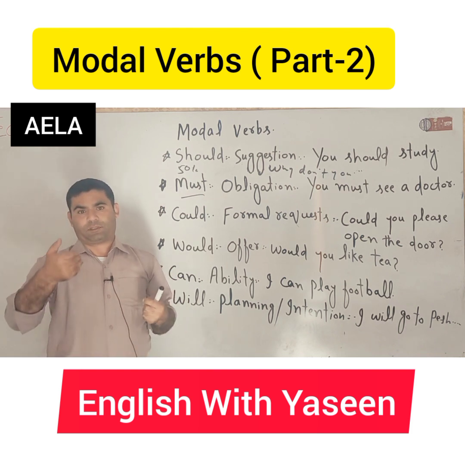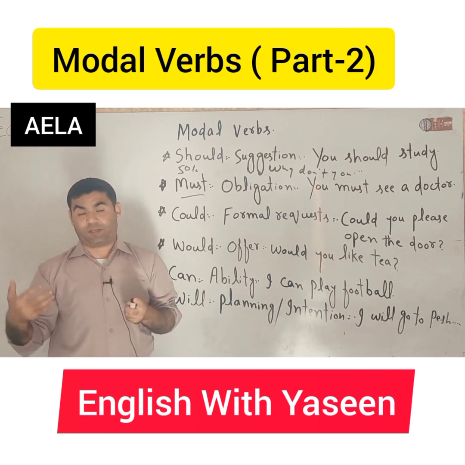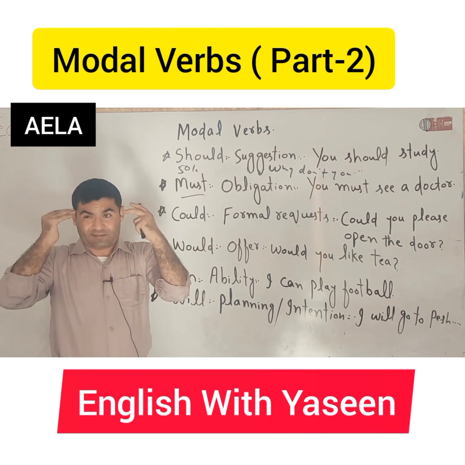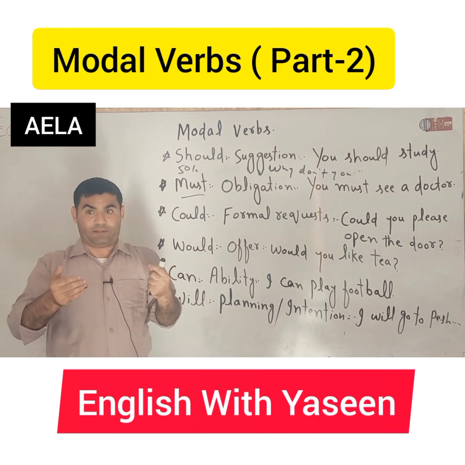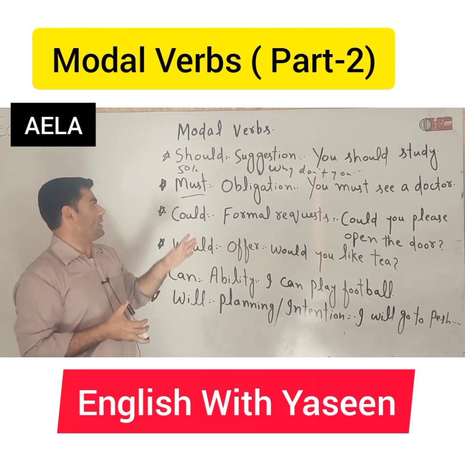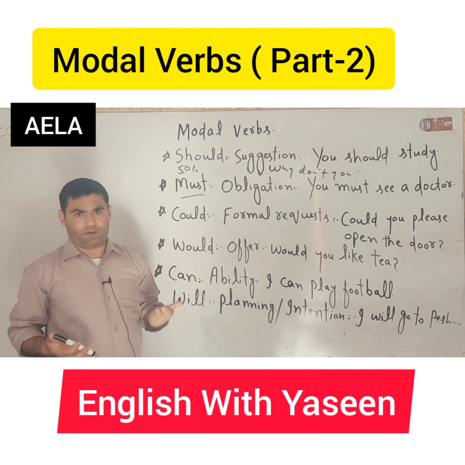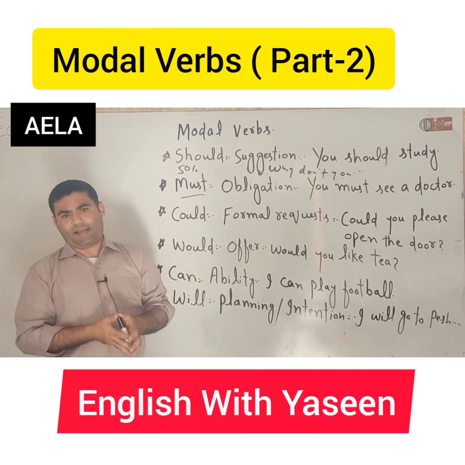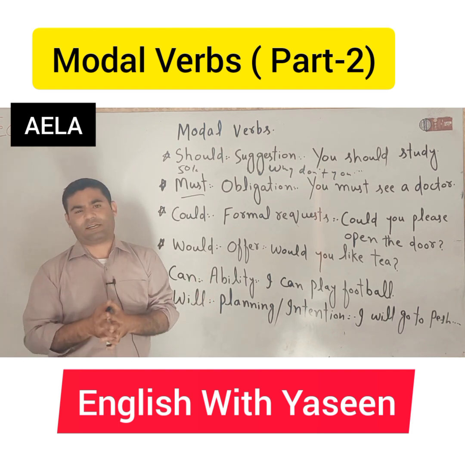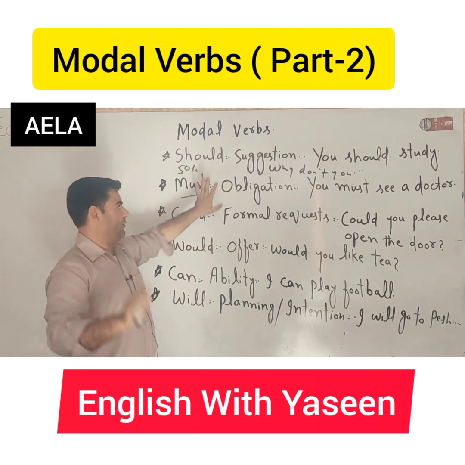For example, someone is doing badly in math, or someone is doing badly in English, and we know that that person can fail. So we can give him a suggestion, and as he's our close friend, we can say, why don't you study? Now again I say that if he studies, that's right. If he or she doesn't study, that's also right. But you just wanted to give a suggestion and you gave it.